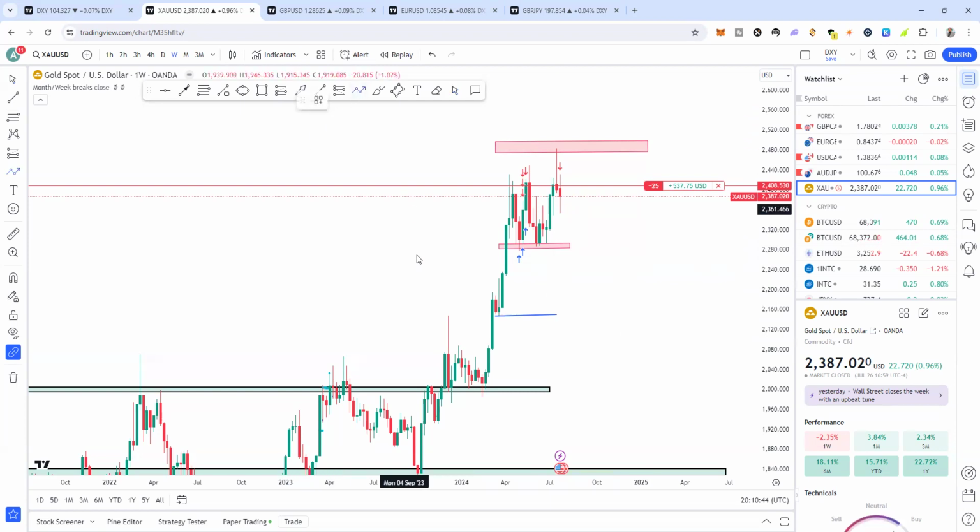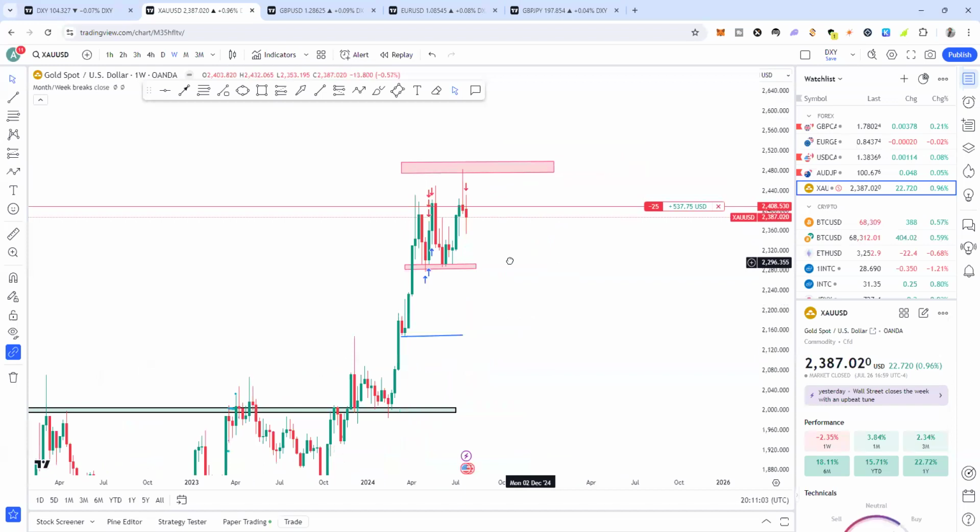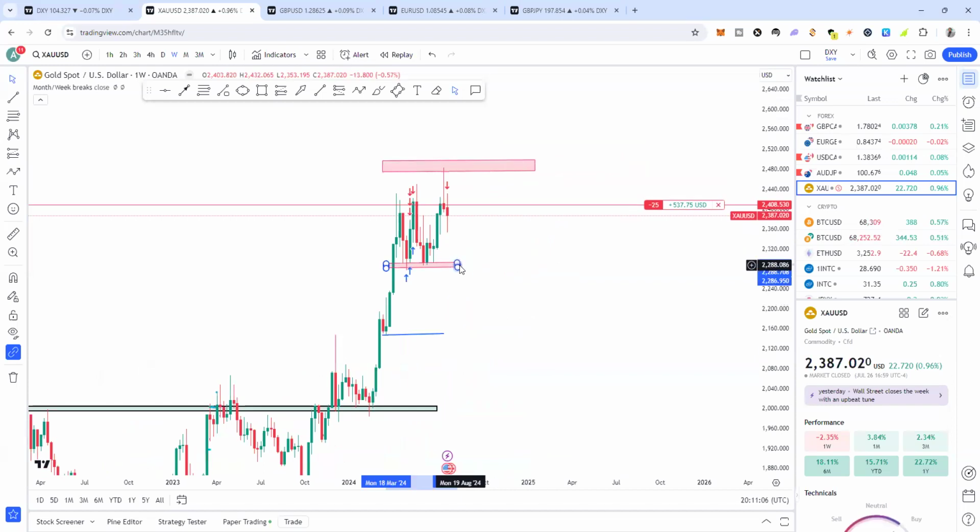Imagine if gold comes all the way to this spot. Let's say we have something that looks like this. I'm just saying, maybe it comes to 2,155. This is a very good spot to be anticipating a continuation of that bullish move. So I'm actually anticipating that we have a pullback. But for now, looking at what the chart has been telling us, you can notice that we've been bouncing off from there.